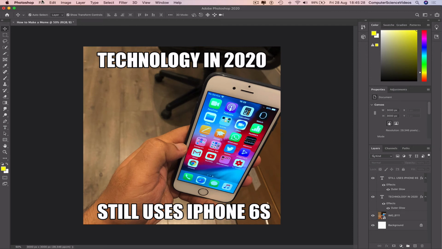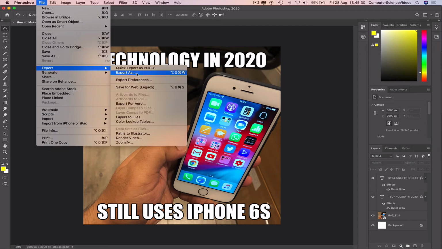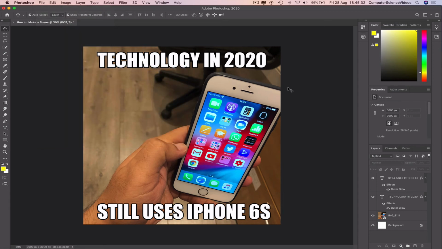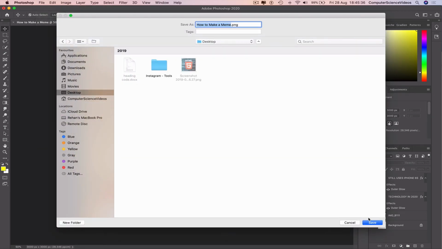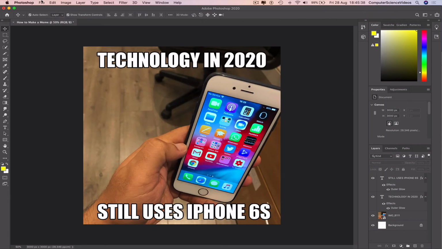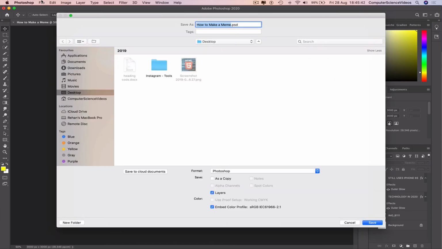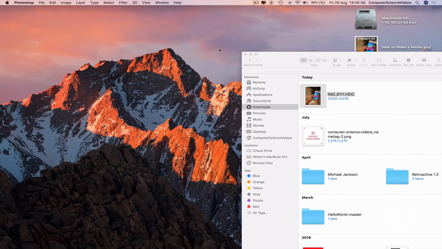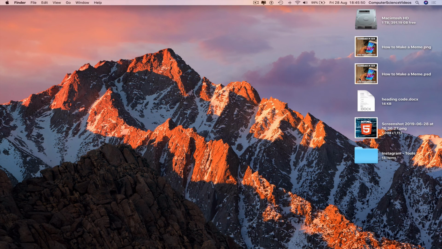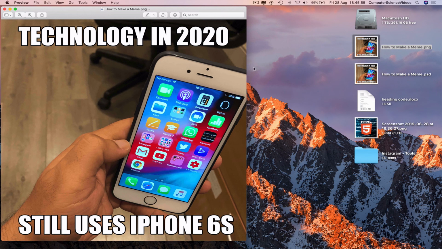Now we can go to File, Export, Quick Export as PNG, go to the desktop, save. We can also save the Adobe file itself, Command S, save to the desktop, minimize Photoshop for the moment, close Finder, and now we have the Photoshop file as well as the meme generated,